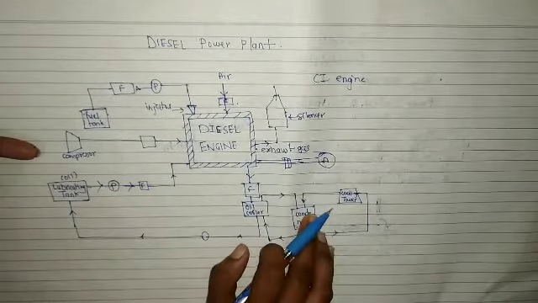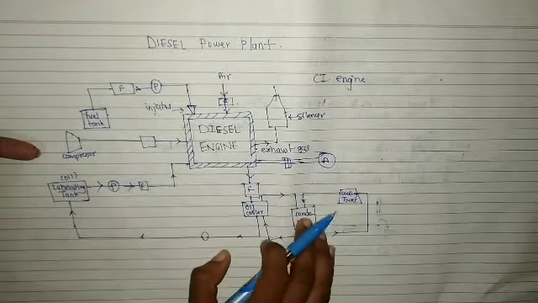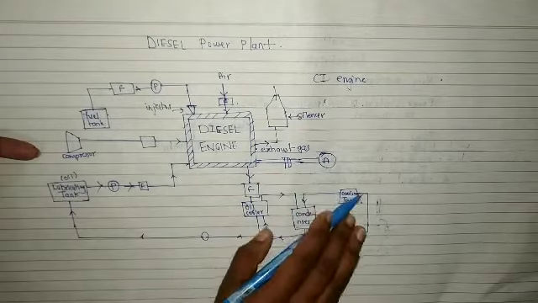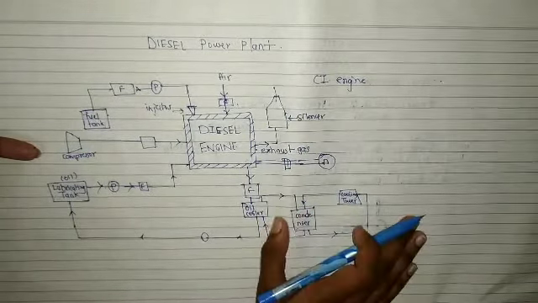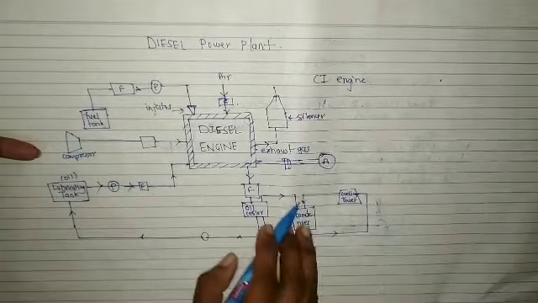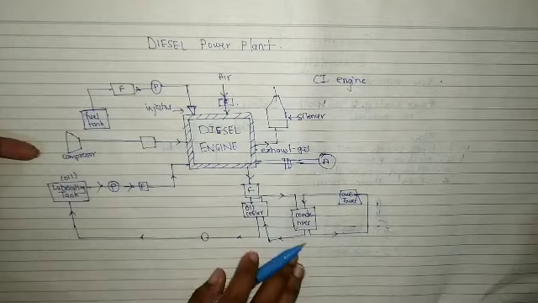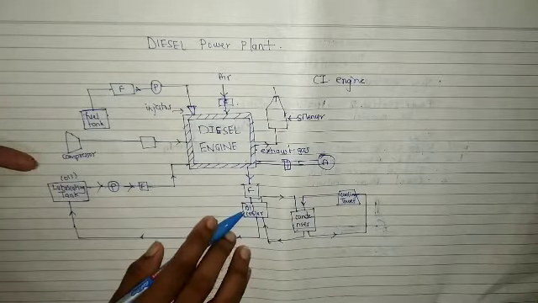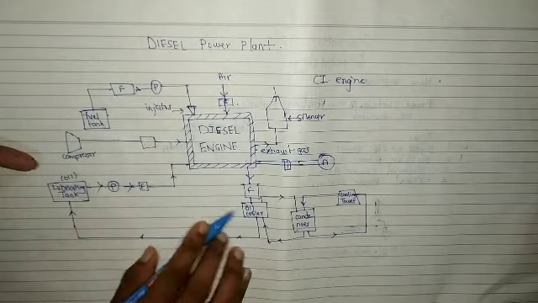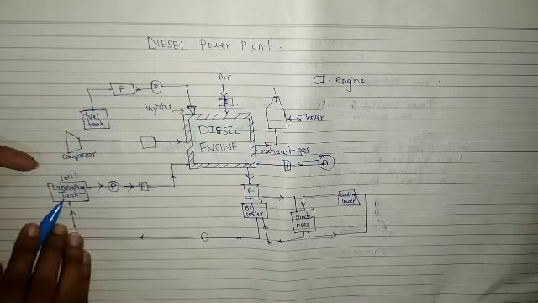Now this condenser, whenever the water in the condenser will get hot, then what will happen? It will go to the cooling tower, and because the cooling towers are very large, the water is showering, and because of that the water will get cooled, and this our oil cooler will cool our lubricating oil, and then it will come back to the lubricating tank.